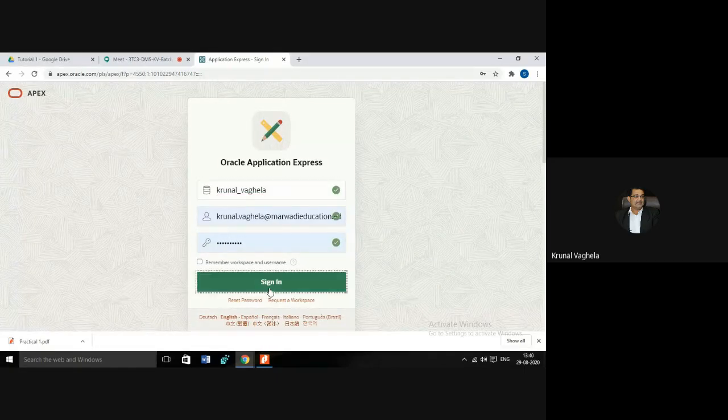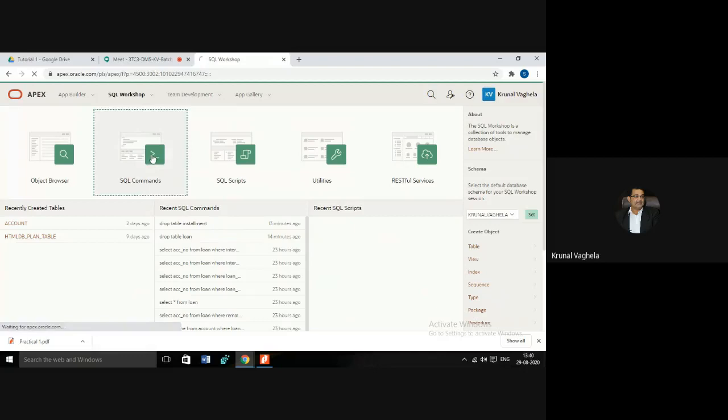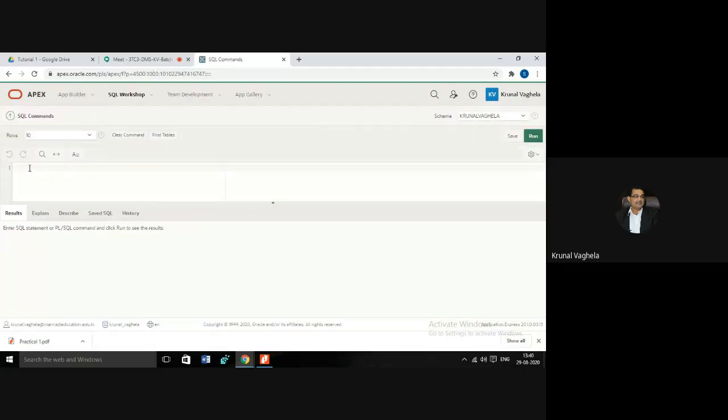So I'm logging in. Let me delete the table which I have already created. So now I don't have any table.